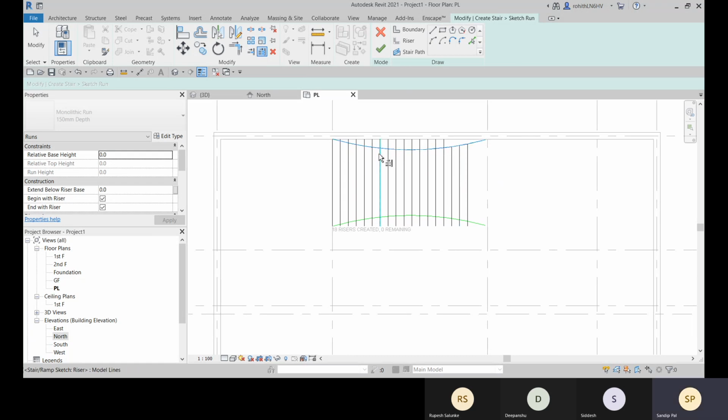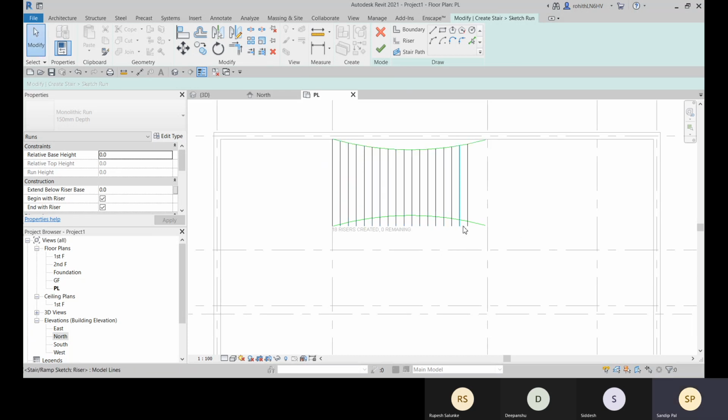You can create like this also. Trim. Let me quickly trim them.